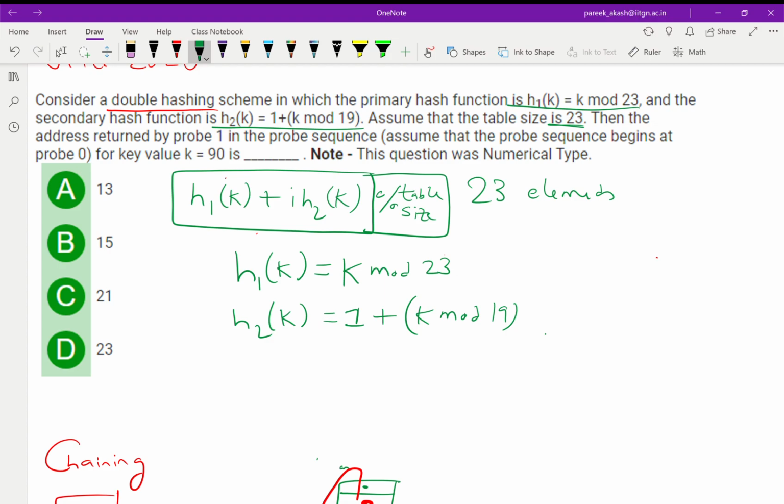Then the address returned by probe 1. When they say probe 1, that means after the first collision is finished, that means we have to put i equals 1. For probe 1, we will put i equals 1 in the probe sequence, so probe equals 1, probe equals 2, for key value k equals 90. So what they are asking is that when k is 90,